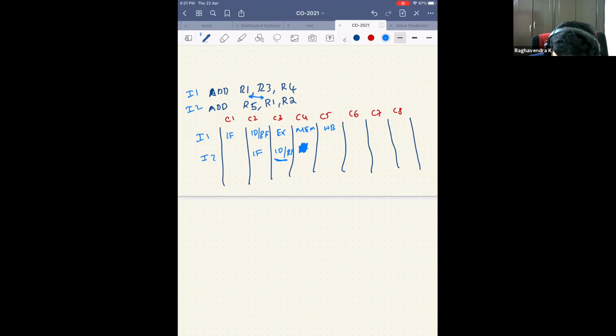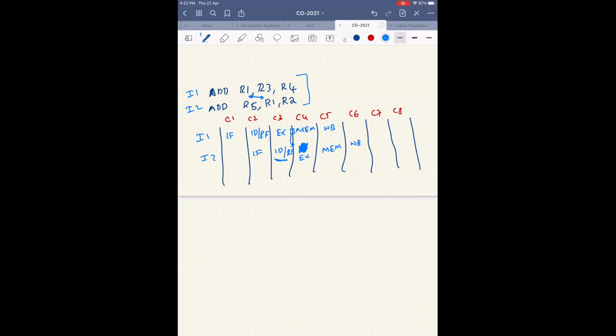So now the pipeline register here should give me the value there. So I can forward this, and I can do an execute here, memory here, and write back. By enabling data forwarding, there was no stall. So I was able to execute this instruction. In 6 clock cycles, I was able to finish these instructions.